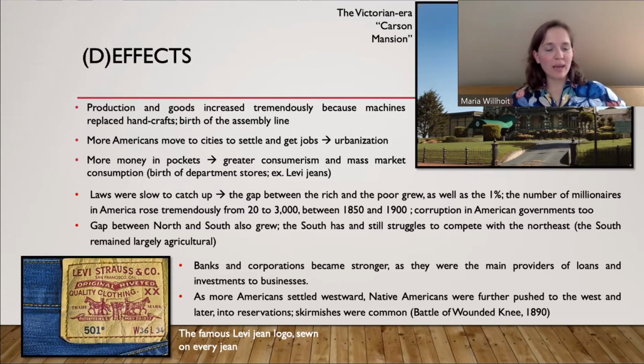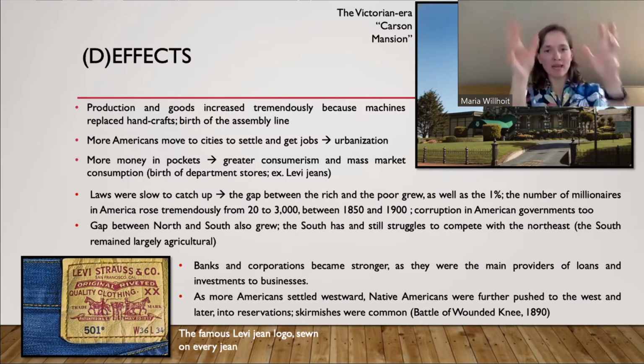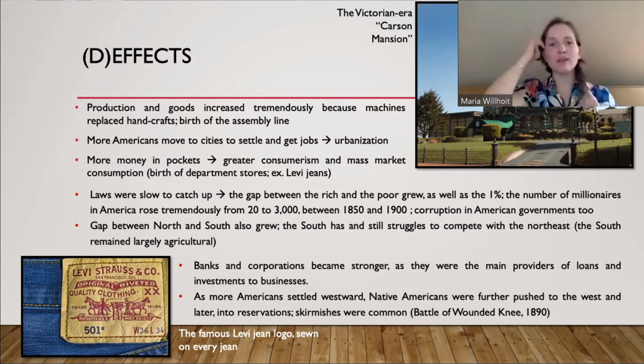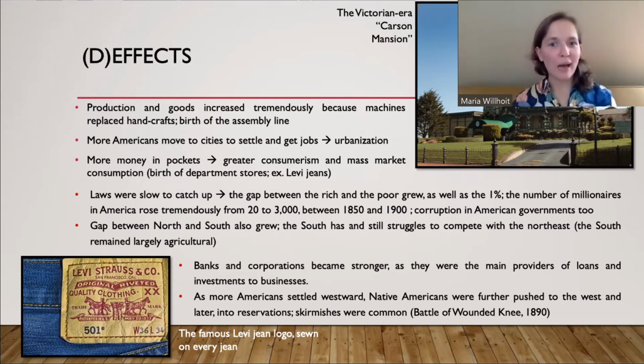So Levi came up with the idea of sewing denim, which was a material from France. A guy named Levi Strauss came up with the idea of sewing denim together to create pants. And he made the right stitches, put the right pockets, and they became a hit. They were a hit not only for factory workers, but also for farmers, cowboys, and ranchers. So they were a great success. Even today, they're a big success.